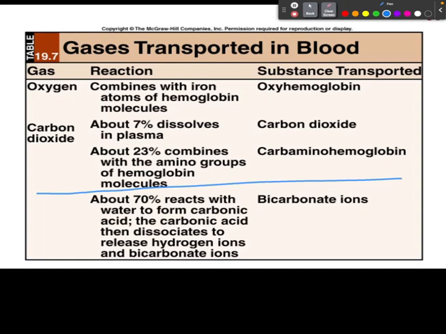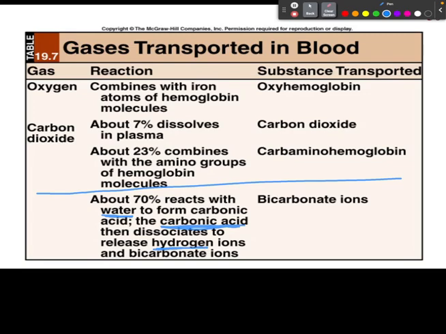What's kind of interesting here, and this is something we alluded to earlier in this chapter, but now we will fully talk about this, is how 70% of CO2 is actually going to react with water found inside of your blood, and therefore it is going to create carbonic acid. So, in other words, the CO2 gets into your blood and turns into carbonic acid, which, as an acid, will dissociate. If you remember any of this from chemistry class, it'll dissociate by releasing its hydrogen ions into the blood,